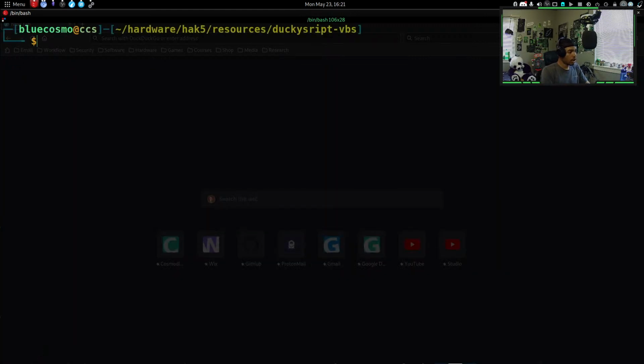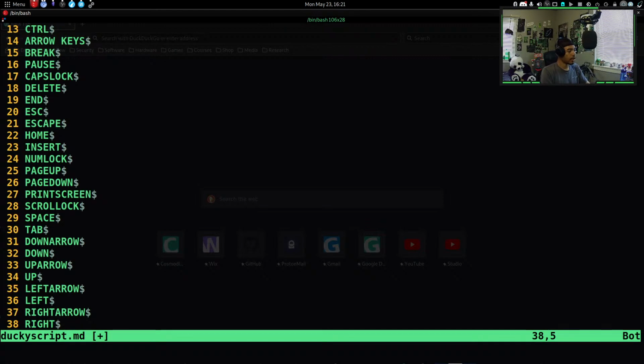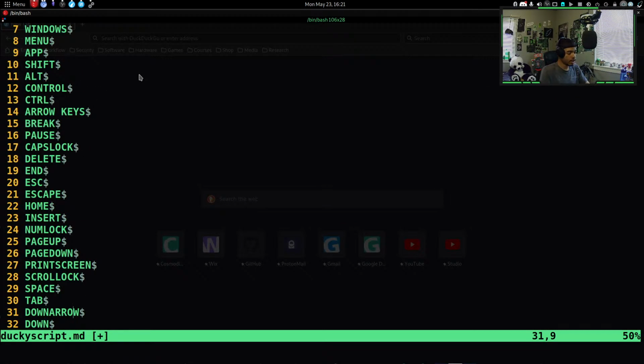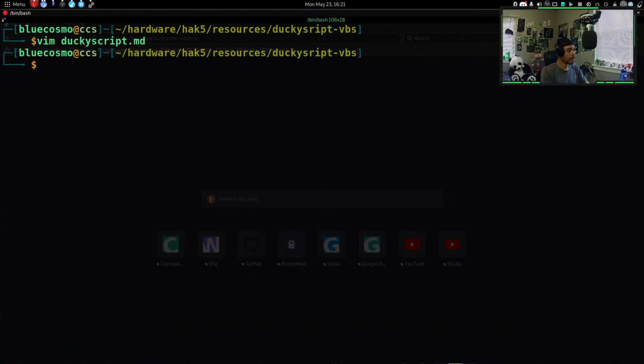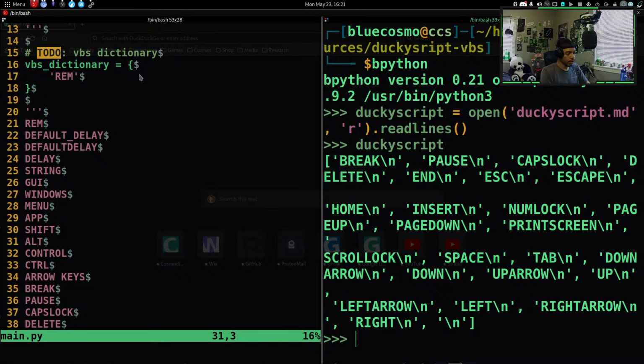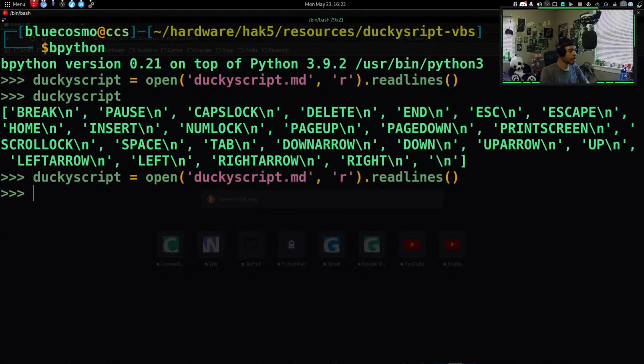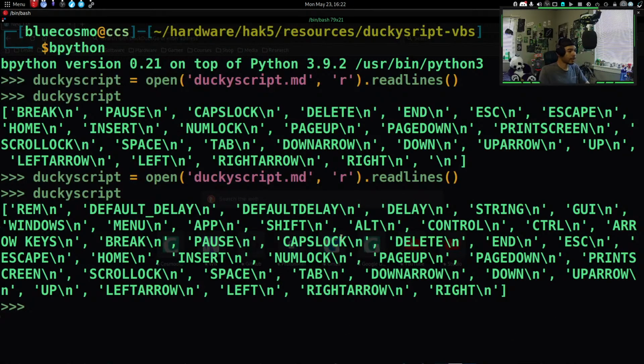Copy. All right, and now what we can do is vim DuckyScript.md, paste all that in there. Cool, perfect. So now we have all of the appropriate things in there. Cool. So let's go ahead and do this. So now if we open DuckyScript, and then we run DuckyScript, there you go. Those are all the actual commands. Cool. All right, so now what we can do is,